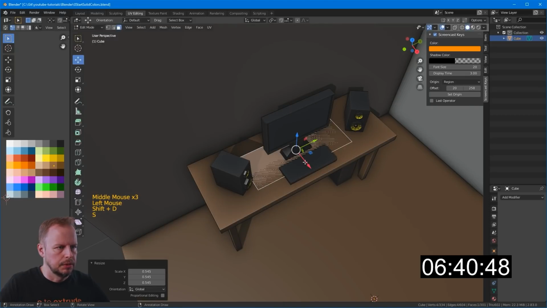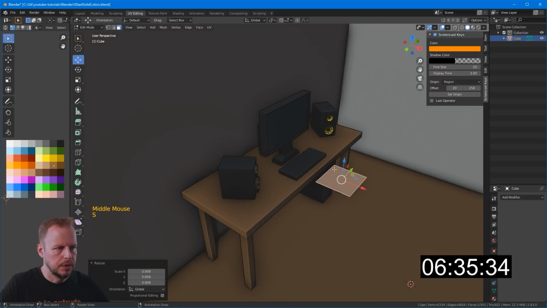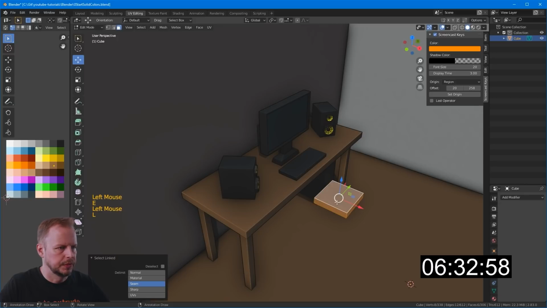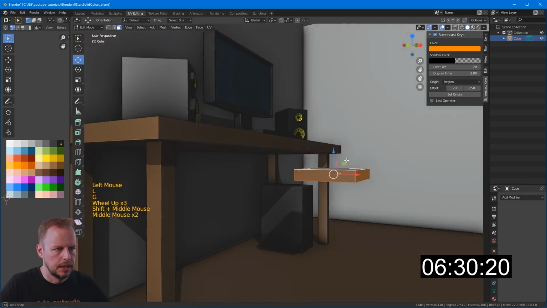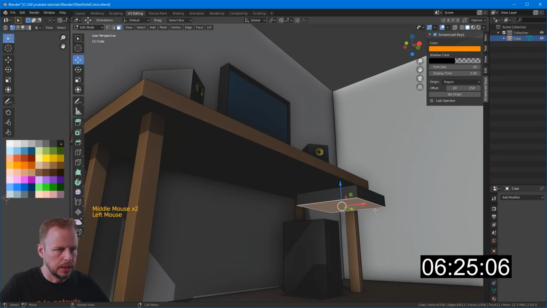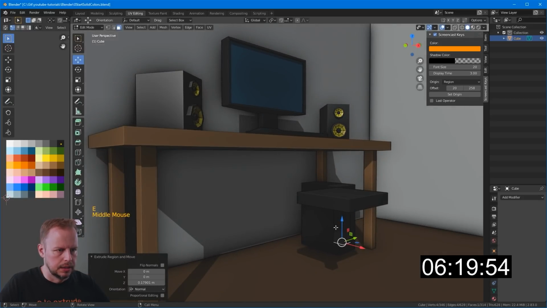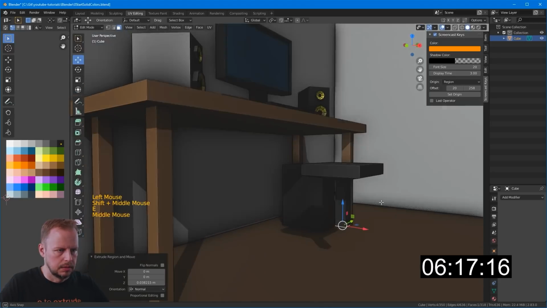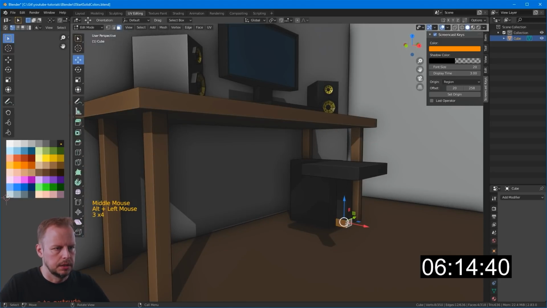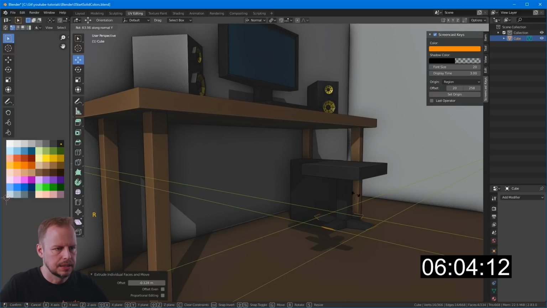Shift D to duplicate that tabletop. Scale Y. Scale it down a bit more. E to extrude. Oh, should make it black as well. A lot of black stuff here. Bring it down to there maybe. And then here, let's just do E to extrude, S to scale, E to extrude. E to extrude again, and then let's see, Alt E, individual faces, period, individual origins, comma, normal, rotate, Y axis,